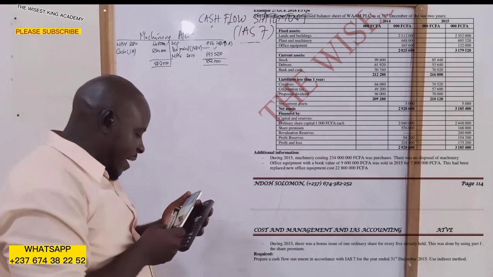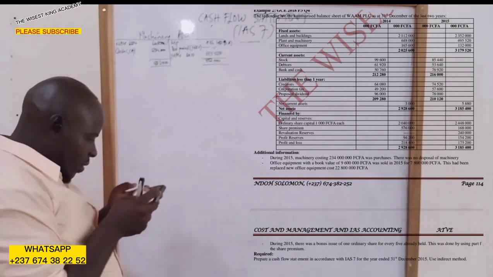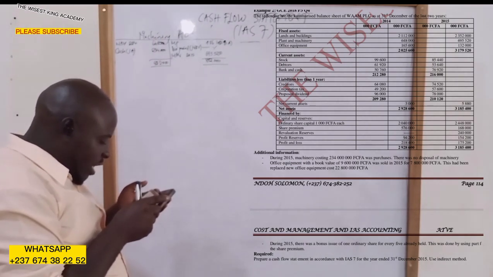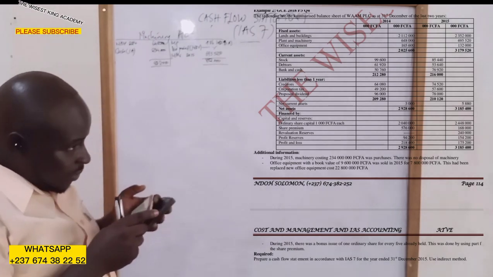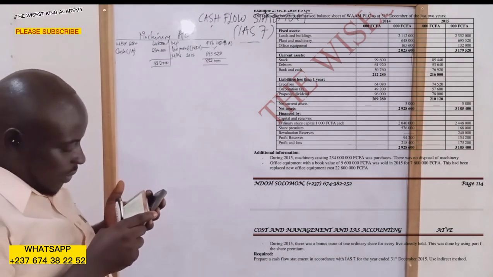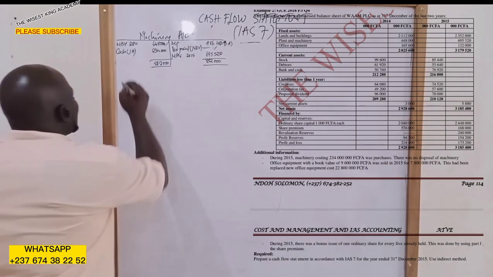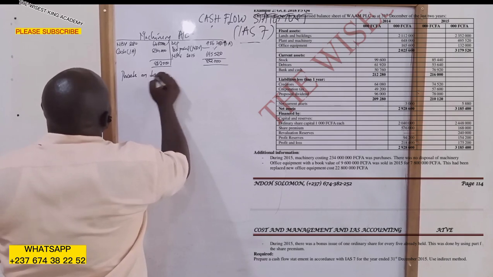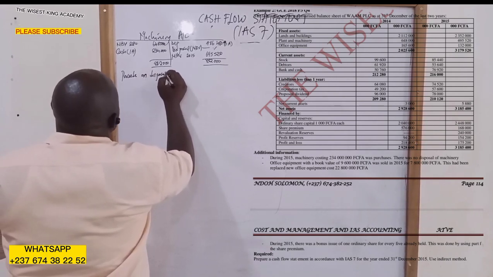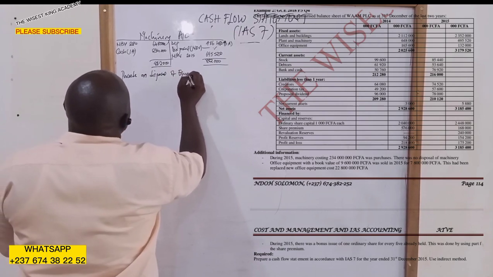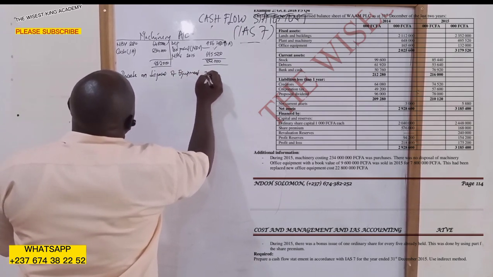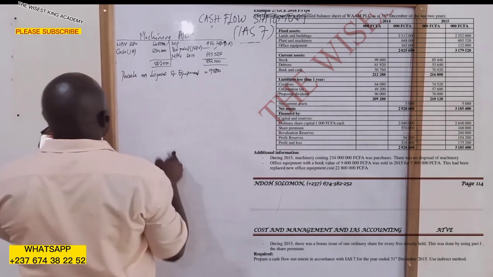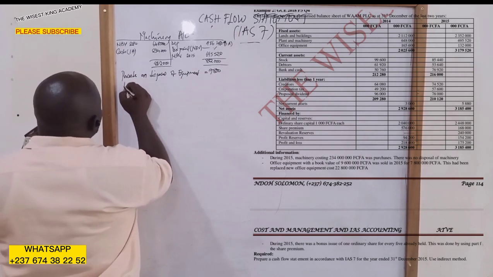Now let's go ahead with the second additional information. We are told that office equipment with a book value of 9,600,000 was sold for 7,800,000. So we have proceeds on disposal of equipment, that's 7,800,000. Right? Now, net book value